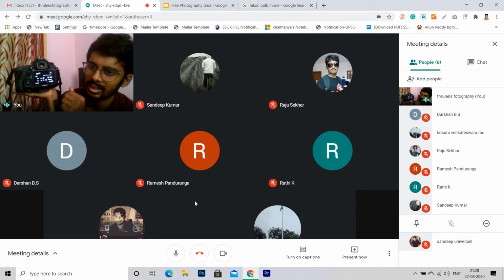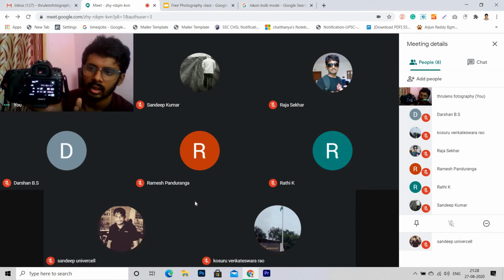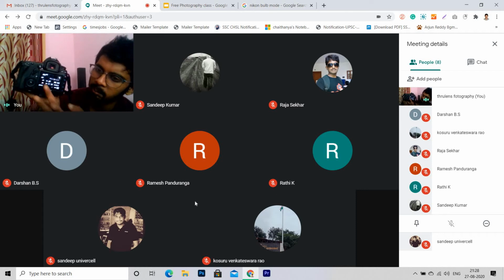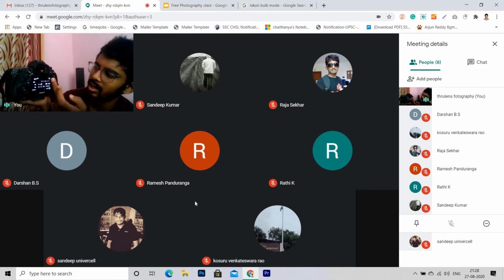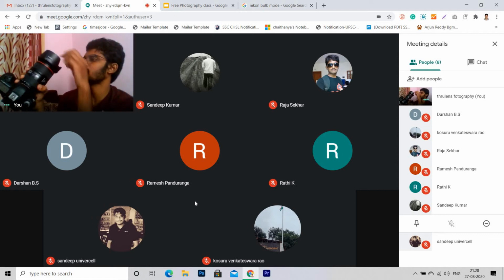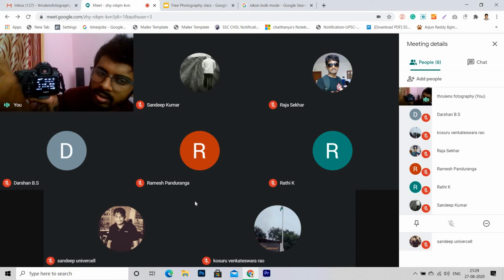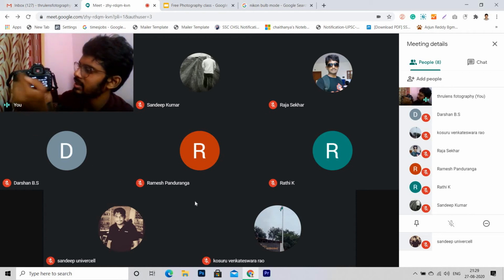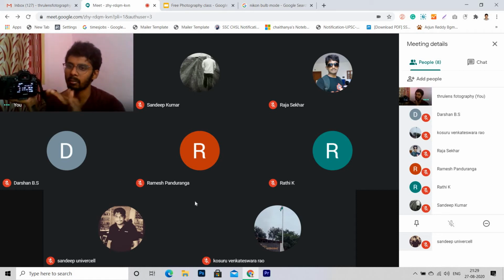See, P, if you can see, I told you it will work like a proper auto mode, except the brightness and ISO, and aperture and shutter are fixed. Camera only will deal with it. So if I just open, you see automatically some numbers came here, because the camera is deciding which numbers to choose. Whenever I am pressing this little shutter, automatically numbers are coming, because the camera is deciding.